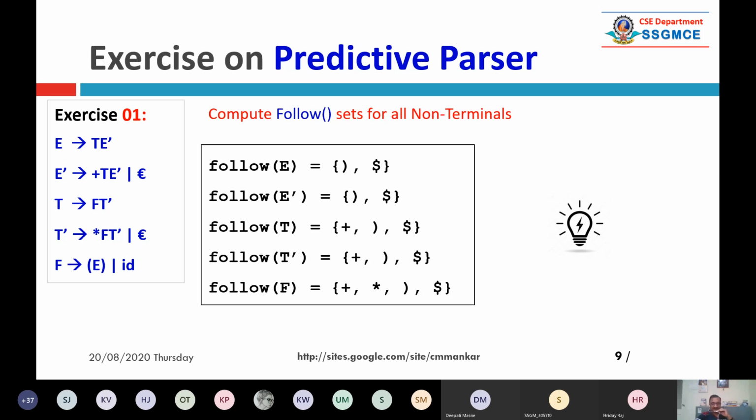When you explore a start symbol, here E is the start symbol, you automatically have to put dollar there. That we shall see in the algorithm. So in this way, the follow set of F contains plus, star, closing bracket, and dollar, which means four symbols. T and T dash contain three symbols. E and E dash contain two symbols. Right now it's enough. We shall see later how to do it in detail.